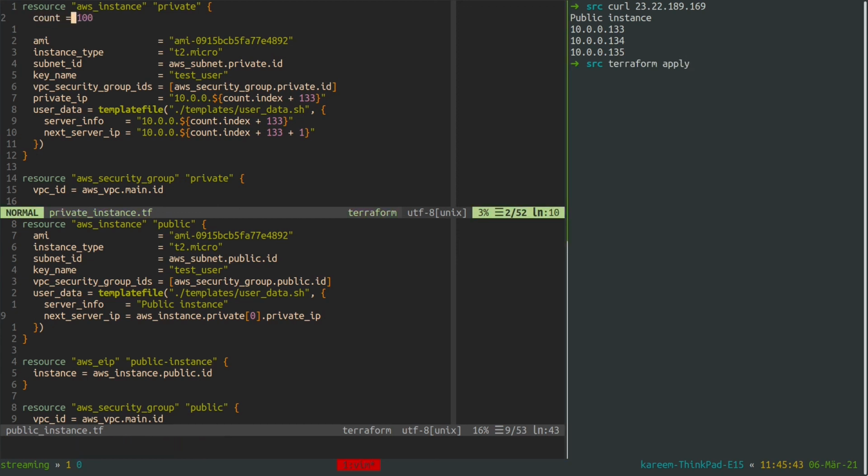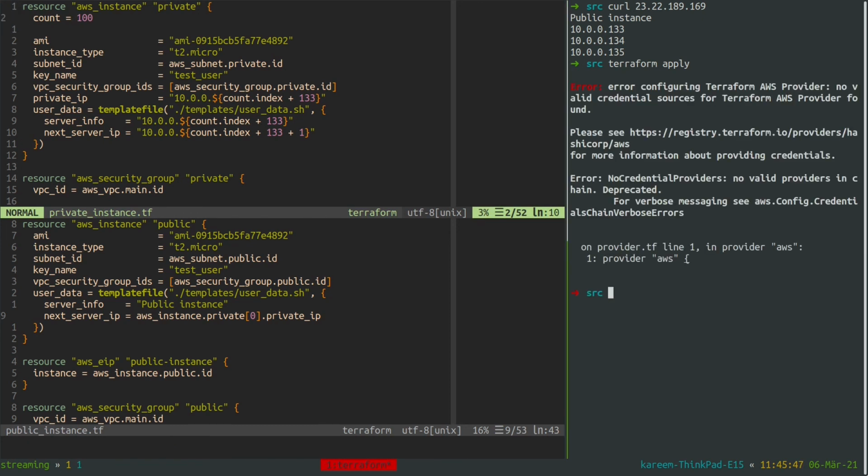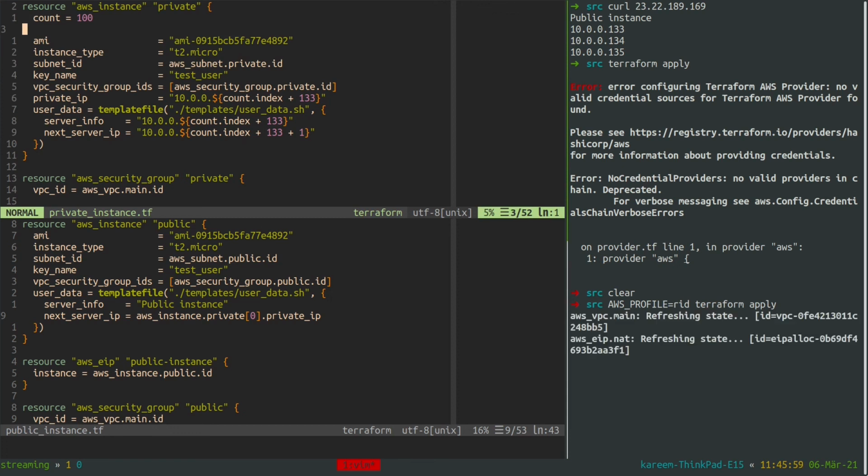I tried before this video to run 3 instances and connect them together, but I have never tried 100 instances before, but it should be fine. And after I create them, I'm going to just destroy my infrastructure, because it probably will cost me a lot if I kept them for one day.